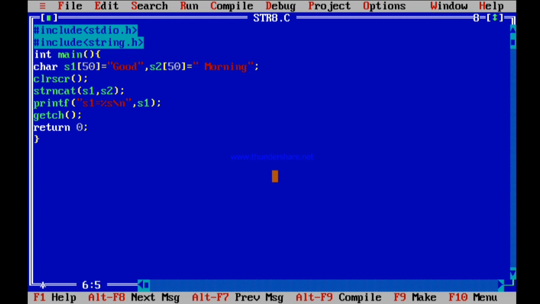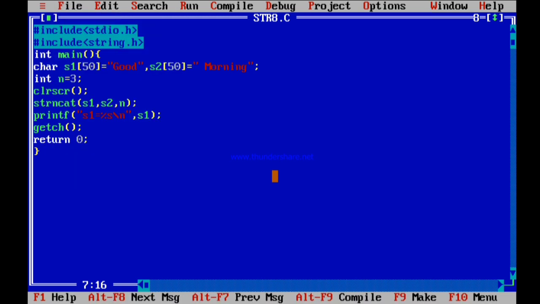So you have to declare a particular n value, that is, I have taken int n equals 3. This strncat will have 3 parameters, friends. The first 2 are the strings and the next one is the n value. What is this n value? How many characters you want to append? In the previous section, strcat appended the total second string to the end of the first string, but in this case the 3 characters from the second string, that is " MO", will be appended to S1 only, because strncat is used to concatenate 2 strings up to the specified n characters only.